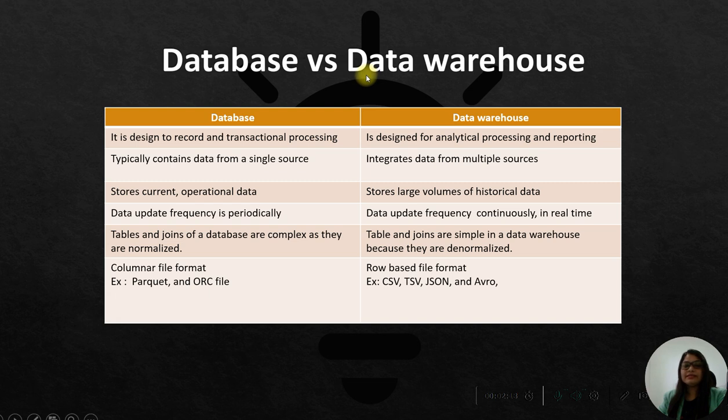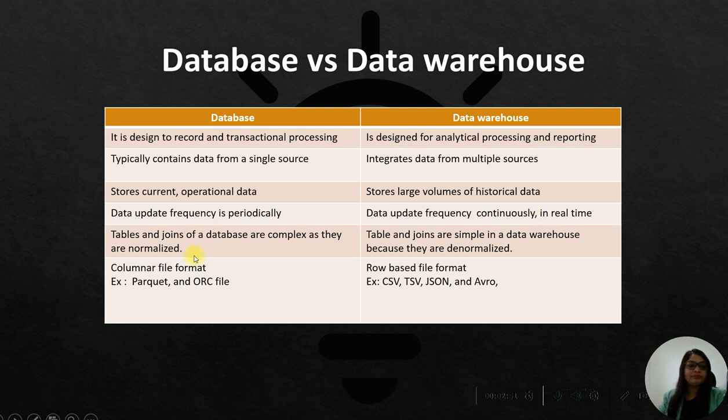Then what is the difference between the database and the data warehouse? The database is used for record keeping and transactional processing, but the data warehouse is designed for analytical processing. A database contains data from a single source, but in the data warehouse we have multiple sources. A database stores the current operational data, but a data warehouse stores historical and large amounts of data. In the database, the data is updated frequently and periodically, but in the data warehouse, data is updated